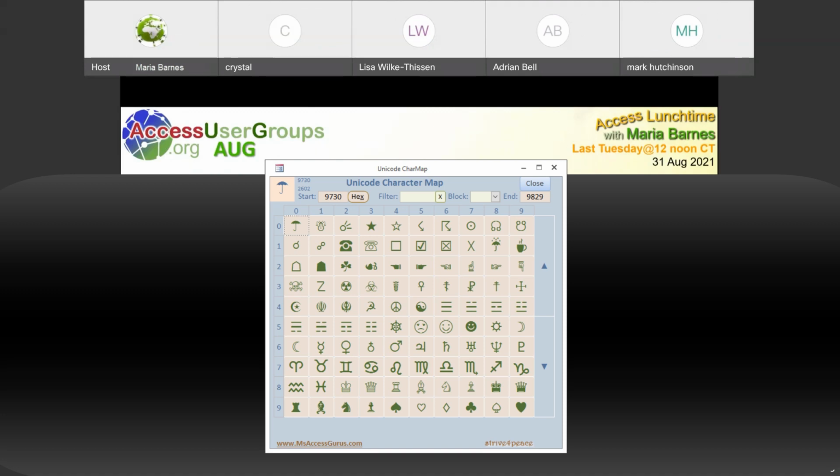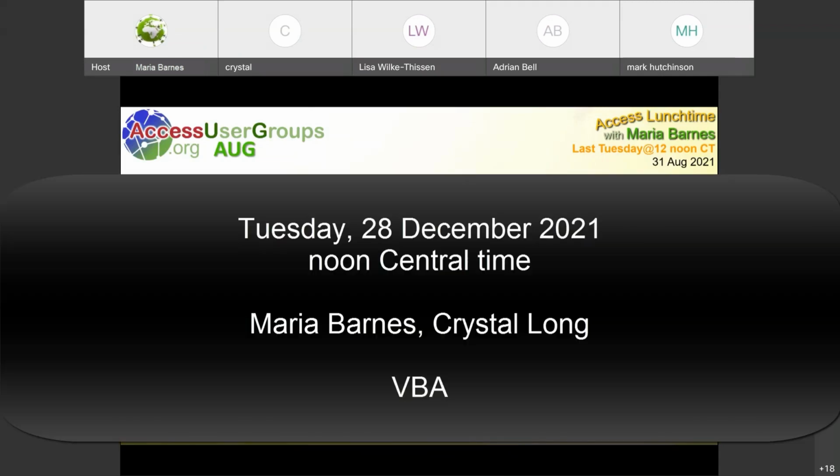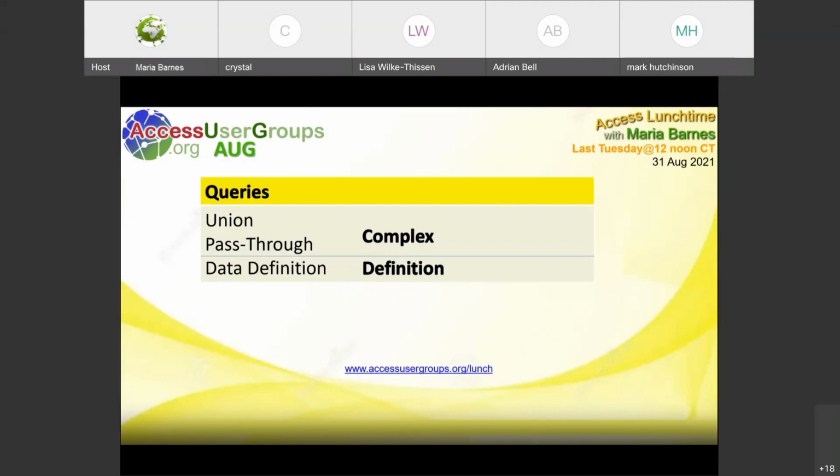Yeah, we need to move on at least. I'd like to at least get through these queries. We had some material prepped for going through some VBA, but we can always save those till another presentation. I think Crystal and I were thinking about maybe December for those if it didn't work. So I'm going to talk about a couple more complex queries, and then also about a definition type of query